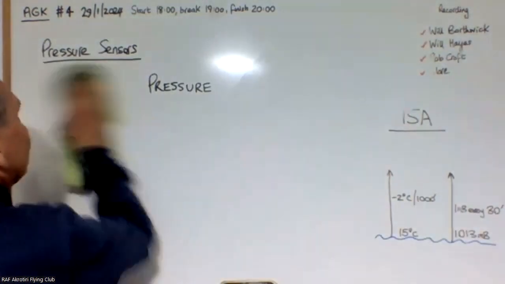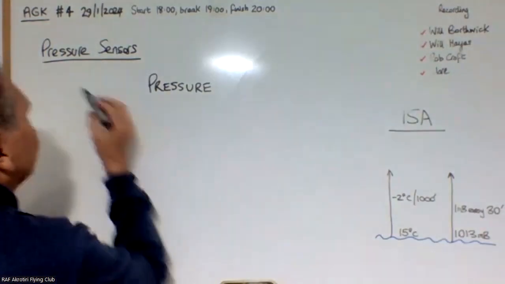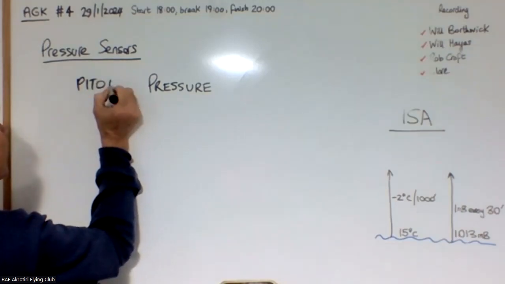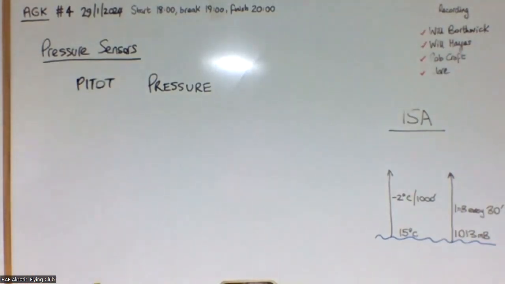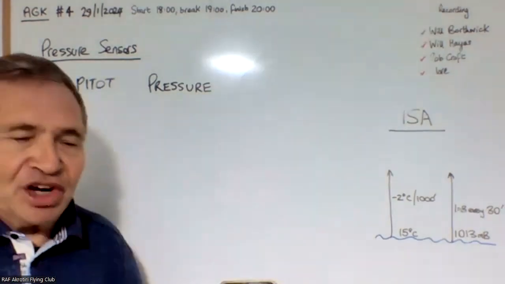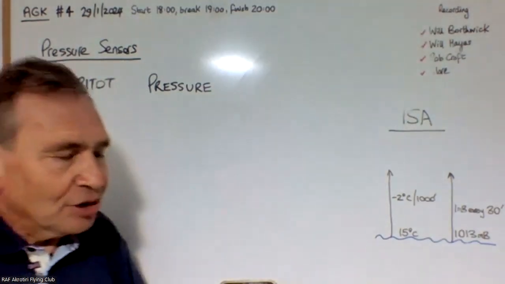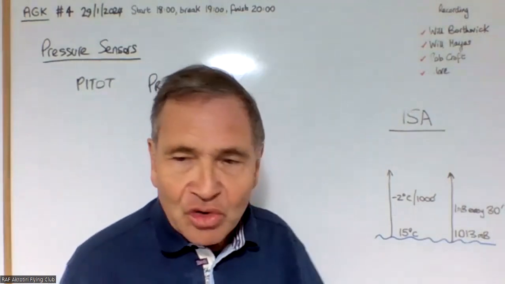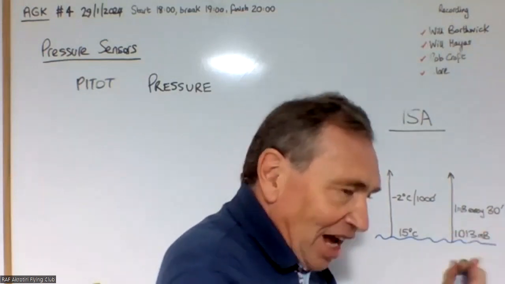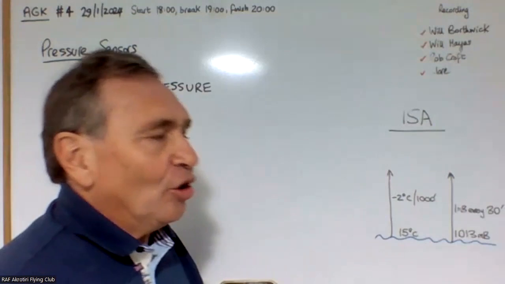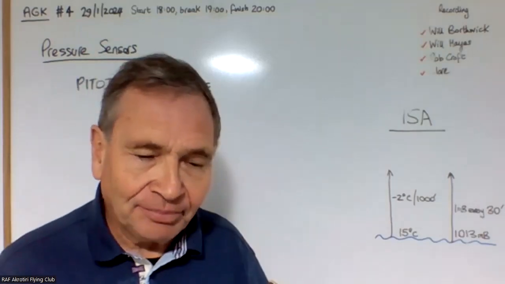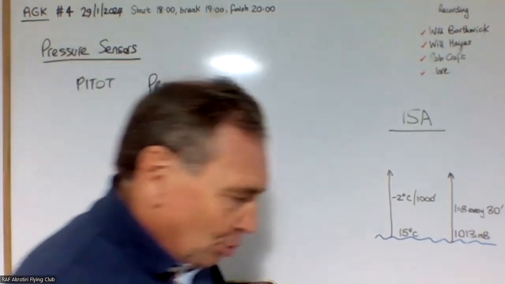And I'll talk about the pitot system now. Besides just measuring what the outside air pressure is, we want to also know what the ram air is. In other words, how much wind the plane can actually see, how much force there is on the plane. Now, obviously, how much force there is on the plane is a direct function of how fast we're going through the air. So what there is on the